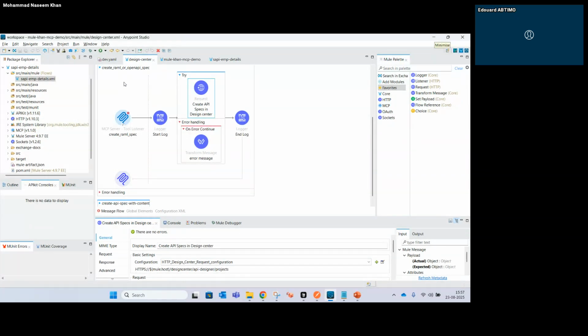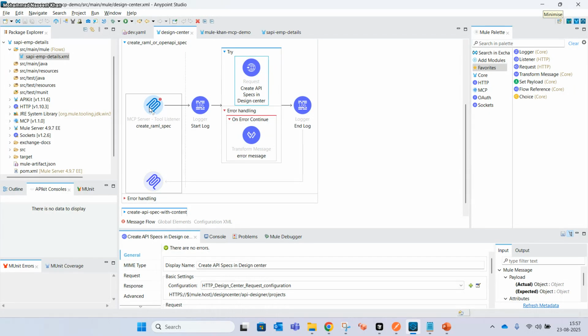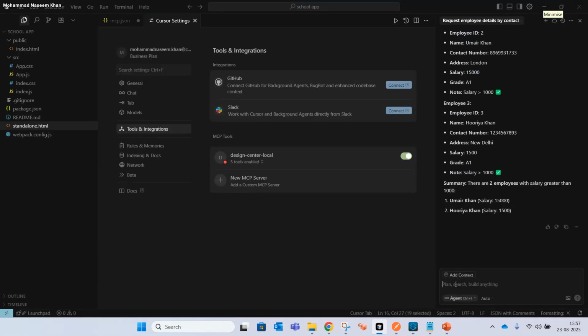Yeah. So this MCP, I have explained earlier, is interacting with our existing APIs. So here I am just showing, okay, if we type in natural language,